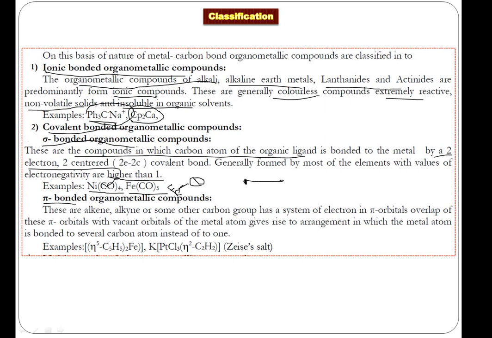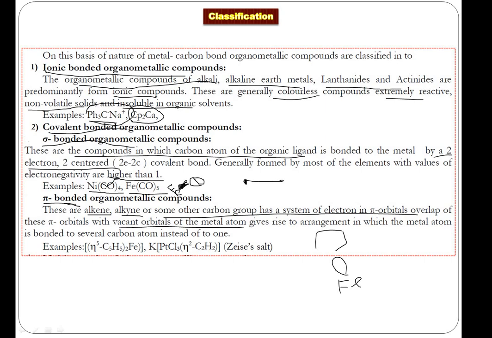This means the bond between the metal and carbon, or the metal and the organic part, is more of a sigma bond. Now the pi bonded organometallic compounds are formed by an alkene, alkyne or some other carbon group which has a system of pi orbitals that overlap with the vacant orbitals on the metal. So the metal has the vacant orbital. For example, here you have iron, so the metal has a vacant orbital available. Now with that vacant orbital, we have this ligand,